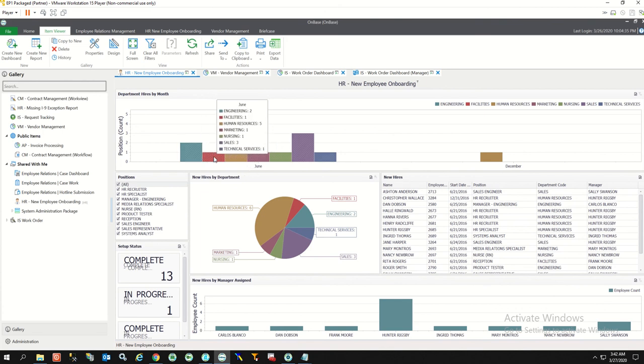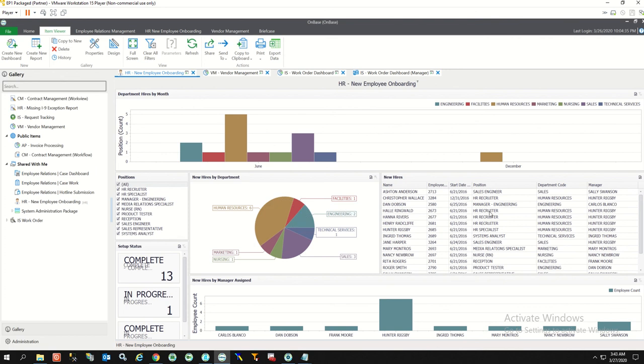And as you can see, they're color coded and give you an indication of how many are in that particular department. Going into a pie chart here, you've got the pie chart color coordinated on department. And if we go into sales, it will tell us that there have been 3 employees, 2 were sales engineers, and 1 was a sales representative. Now, if we want to go back up, we just click back up, and that takes us back to the first